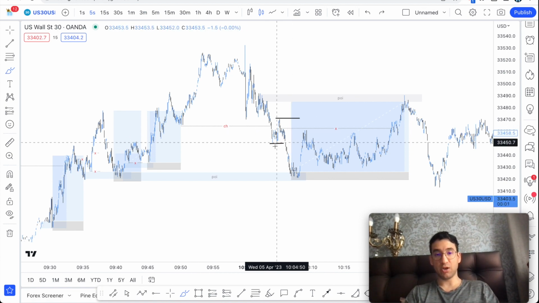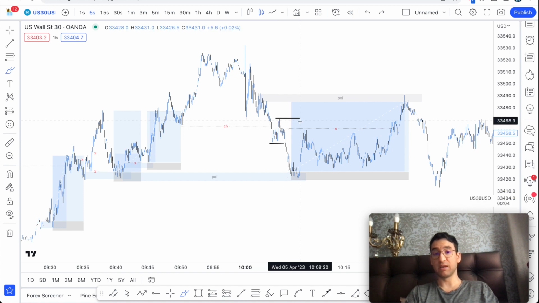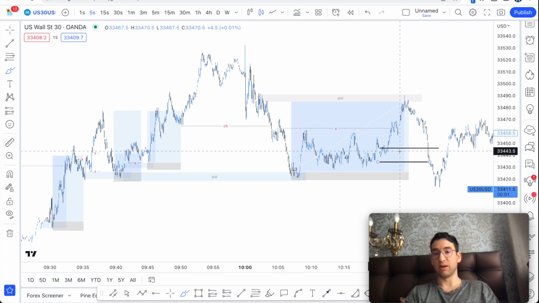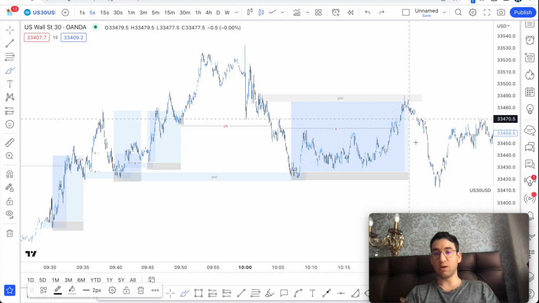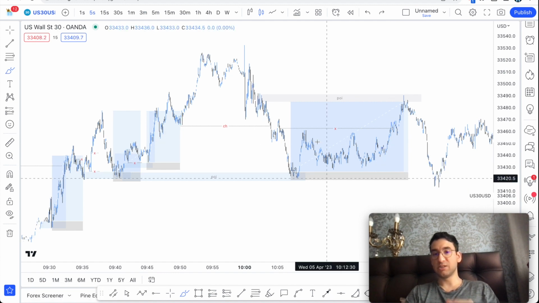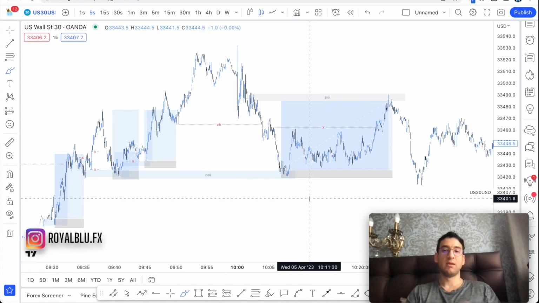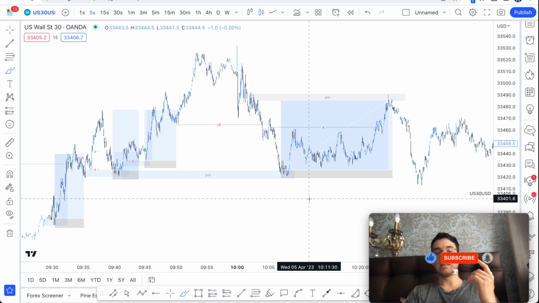Is when you have a CHoCH here, the low needs to break first, the high needs to break second, right? Now, once this has formed, then a lot of traders will look to say, okay, well, now I have a CHoCH. So where's my POI? It's either at the flip right here, or it's going to be at whatever this area is over here, this demand zone or whatever, right? And that's where a lot of traders can be killed, right? So this is why we don't really insist on having confirmation entries,